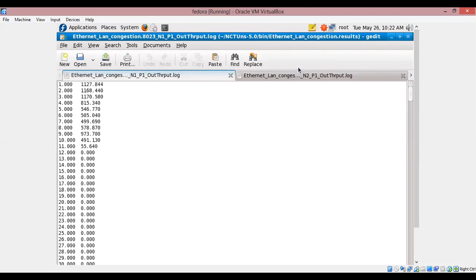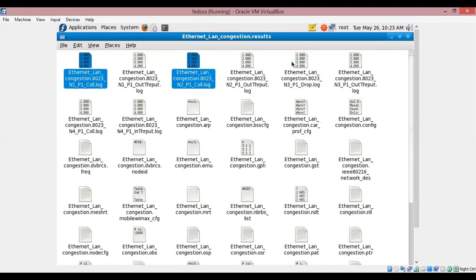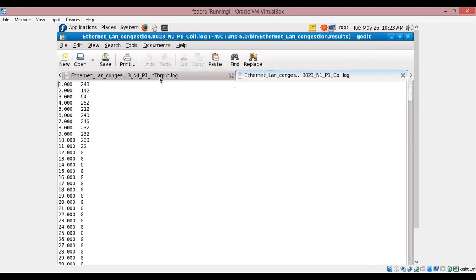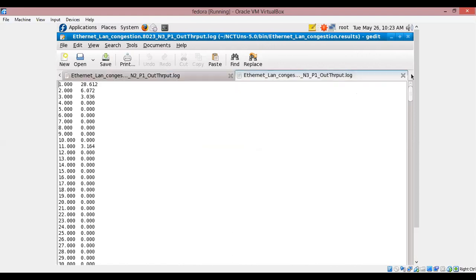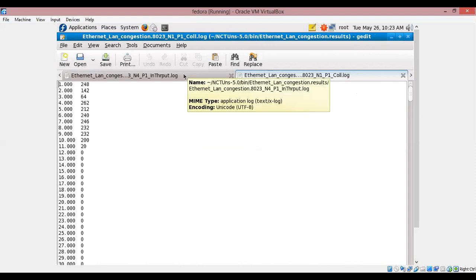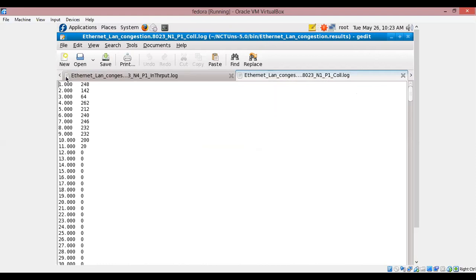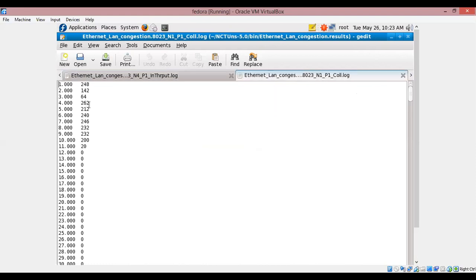Now if you open the drops, collision 1, 2, 12. Drop and collision is going to be the same anyway. So in the previous experiment, we never saw these drops, right? Because all 3 senders are sending at the same time, all the packets are actually not sent. See this, there is collision in sender 1. This is N1, this is N2 P1 collision. There is collision from 0 to 10.